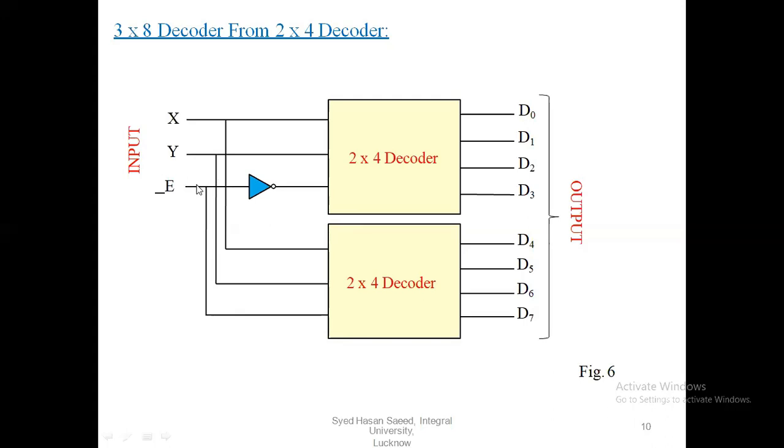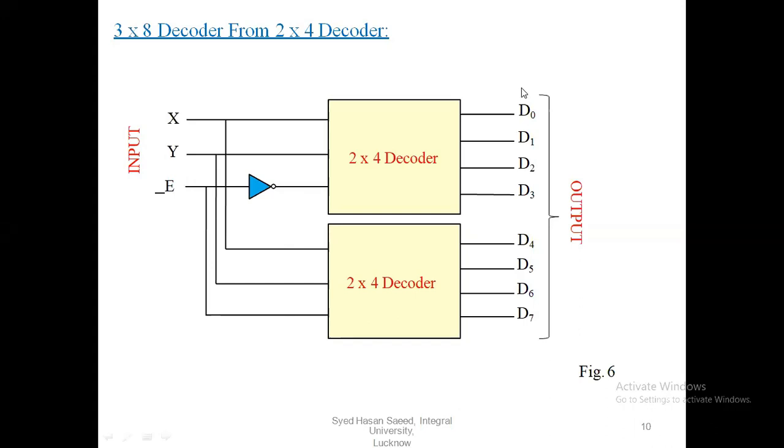When you pass E equal to 1, which one will be activated? E is equal to 1, so that is nothing but the bottom one, the lower one. So here the values are two combinations, 00 and 01, 10 and 11. And what other input are you adding to it? Adding 1. So the combinations are 100, 101, 110, 111. So this way either the topmost decoder or the bottommost decoder will be activated.